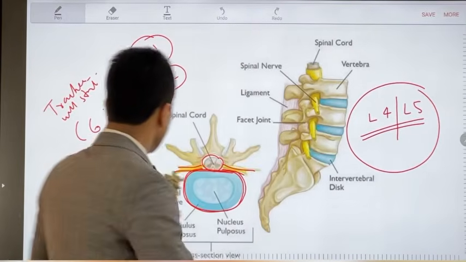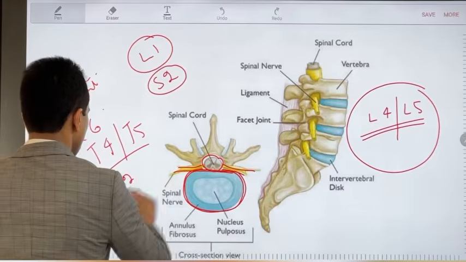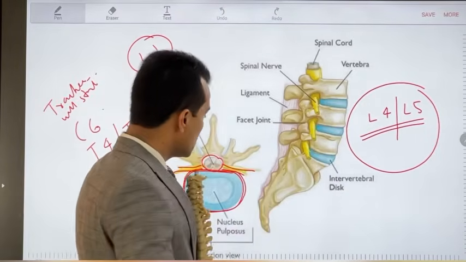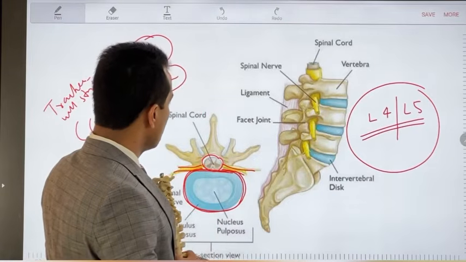And then at the level of T12 you have got the aortic opening. So these are important bony landmarks. So which intervertebral disc is commonly